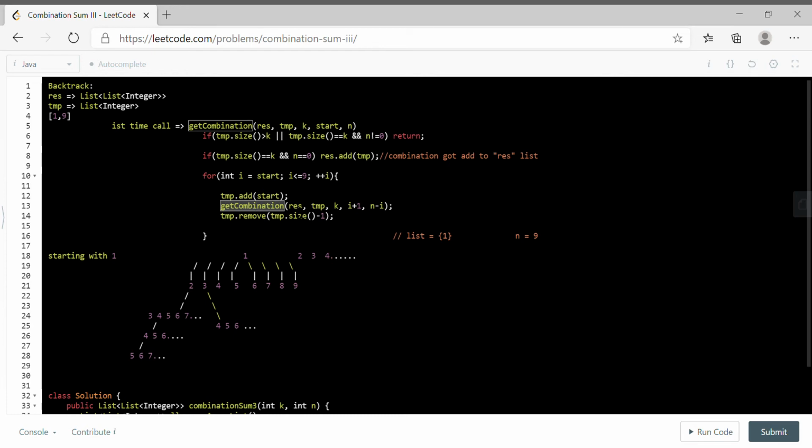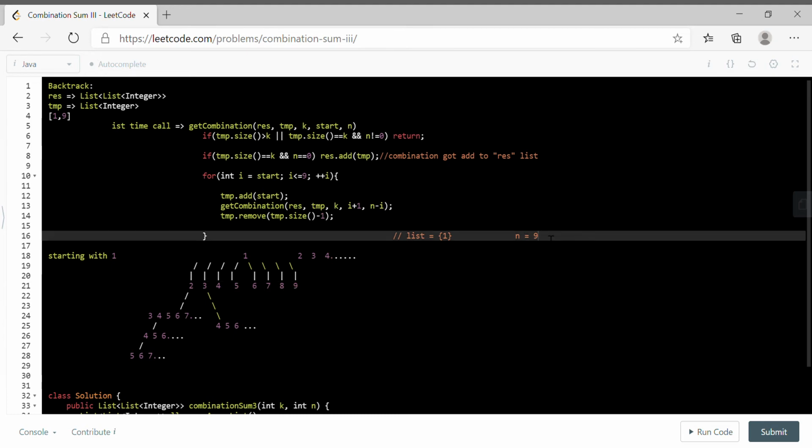Now we will call get combination, and in that we will pass k and i plus 1, because we don't need any duplicates. So when we start from 1, we'll try to get all the possible combinations from 2 to 9. We already added 1, so we subtract it from the total sum and get 8.